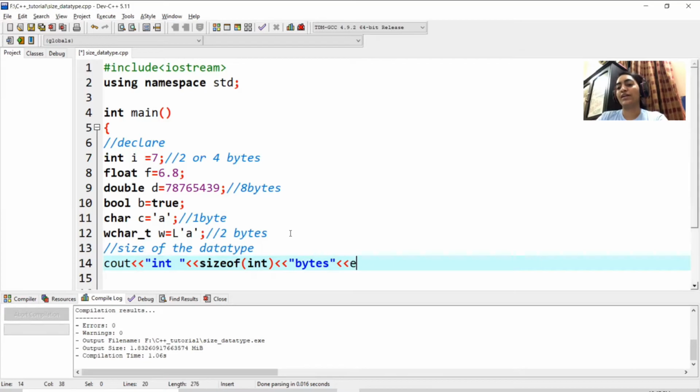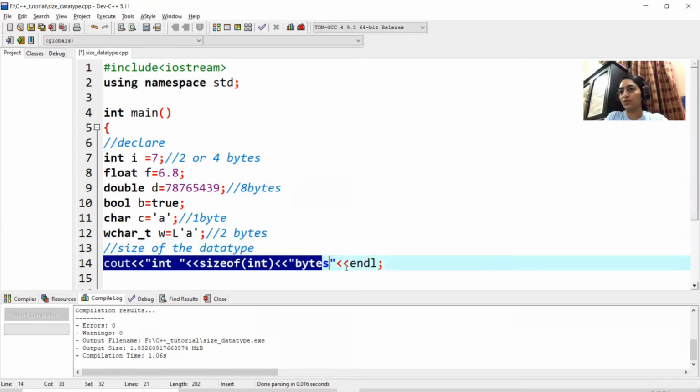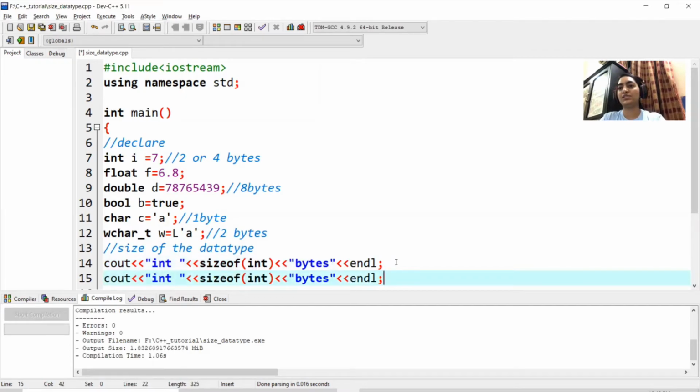And you'll write endl, that means anything which has to be printed on the terminal will be displayed on the next line. If you don't use endl, then on the same line your output will be printed, but if you use endl, then on the next line it will be printed, right? So let me copy and paste it here.